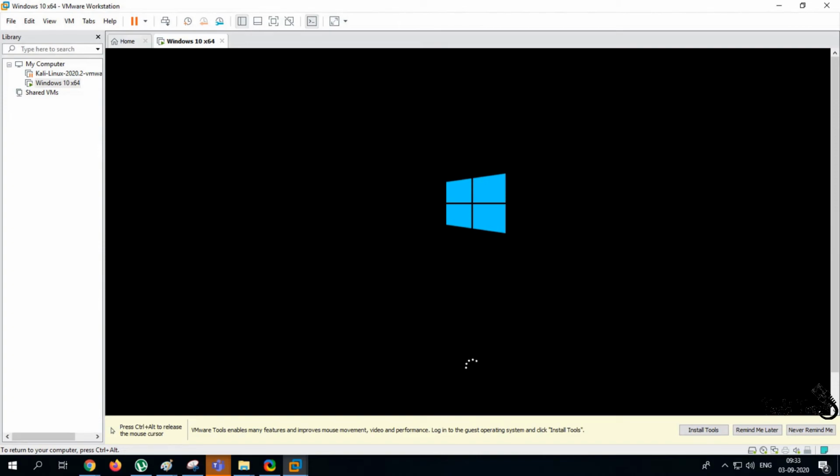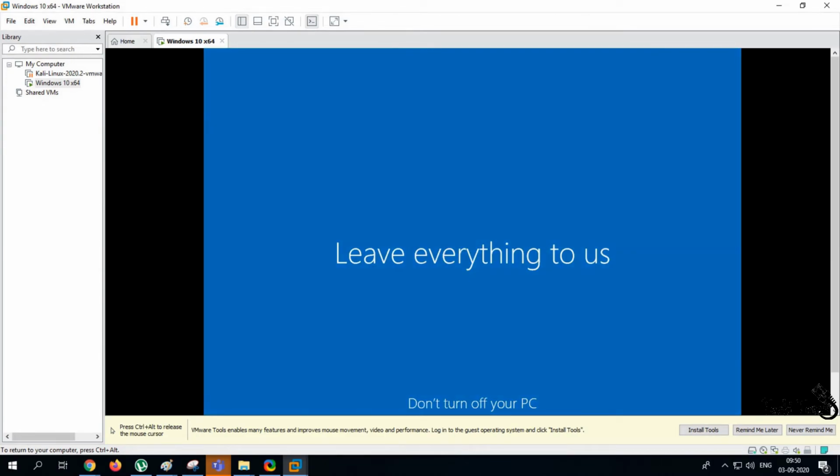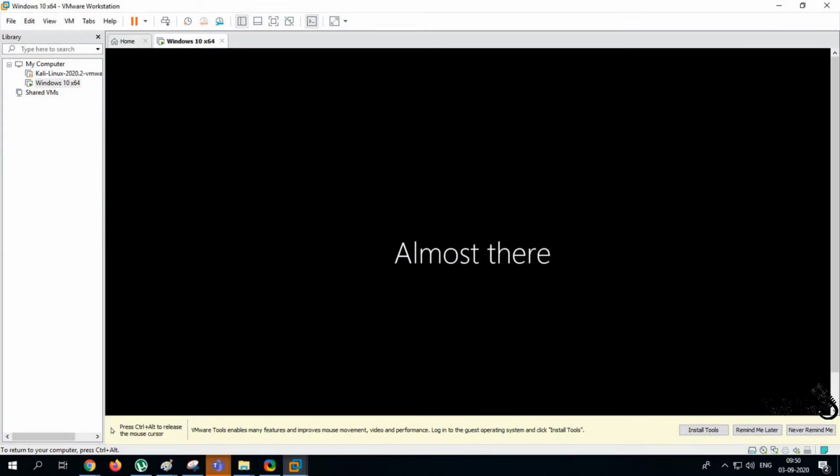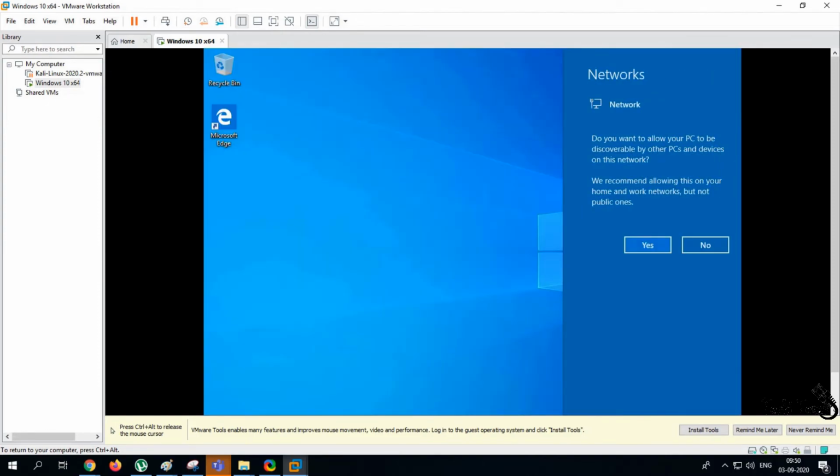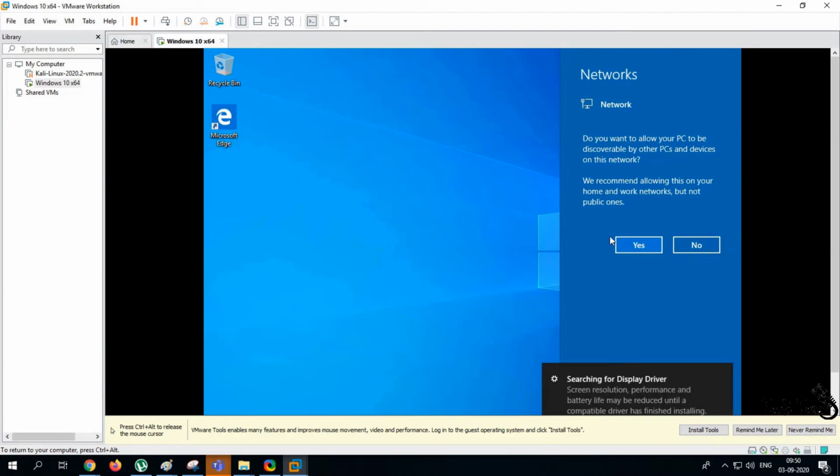Once the installation is done, Windows is turning on now. As on a new Windows machine, there will be a few options to select the region, keyboard layout and everything else. Now the new virtual machine has been created and it can be used by your children without any harm. Any application that is required by them, they can use.